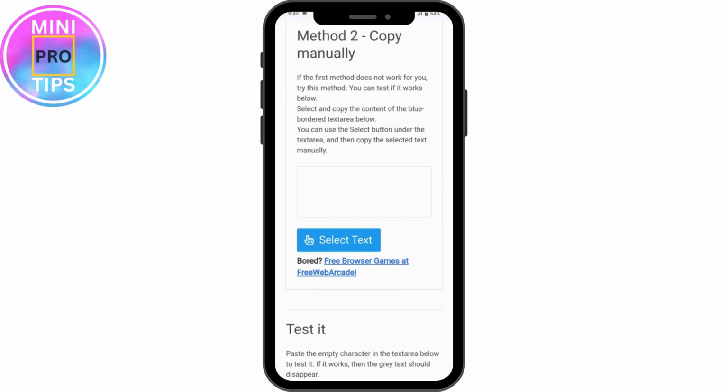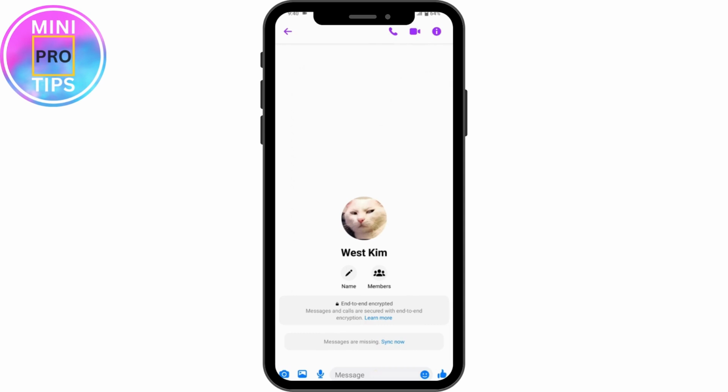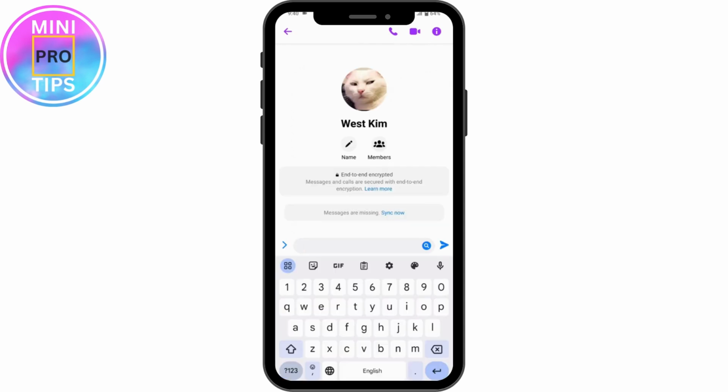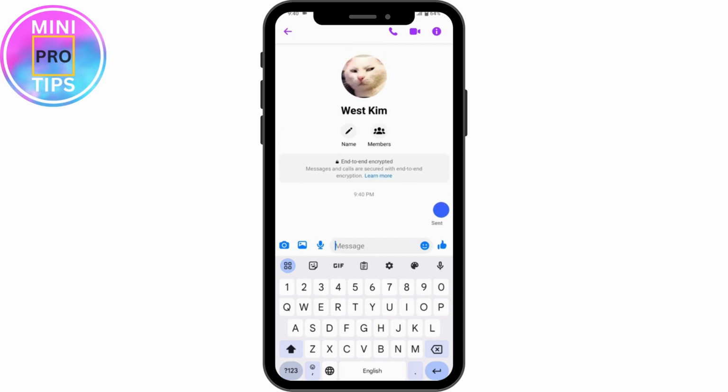box, right? So under that box you can simply tap and hold on to that for 2 to 3 seconds, and here you will have copy option. Tap on copy and then go for your chat and paste that. And once you've pasted, tap on the arrow which is on the right side, and that's it, your message has